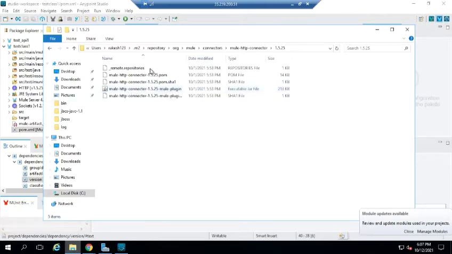Maven is doing all these things on our behalf, so you don't need to worry about this part. The worry is if Maven is not able to find the dependency, either from local or from the internet, then you will get a build error. At that time you need to resolve this error, which Maven could not resolve. So this is the jar file.